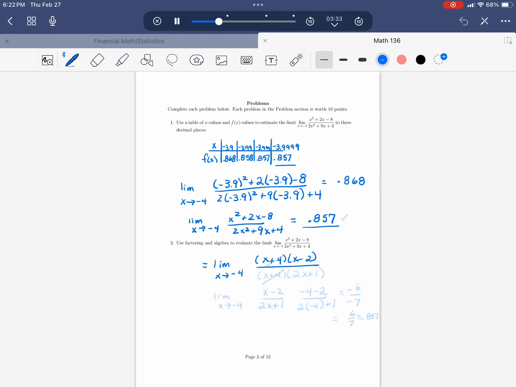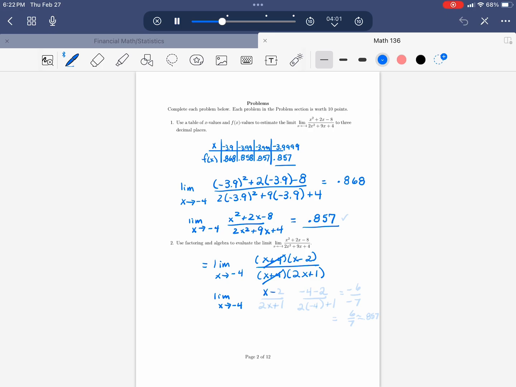And we're going to factor the bottom. Then we can reduce it down, that's 1, so we can reduce it down to the limit as x approaches -4 of